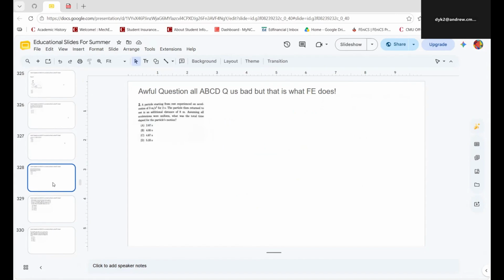A particle starts from rest to experience an acceleration of 3 meters per second squared for 2 seconds. So this is a equal 3 meters per second squared, and it's for t equal 2 seconds. The particle then returns to rest in an additional distance of 8. Assuming all acceleration is uniform, what is the total time elapsed of the particle's motion? Starts from rest, experiences an acceleration of 3 meters per second squared for 2 seconds, so that's, well,